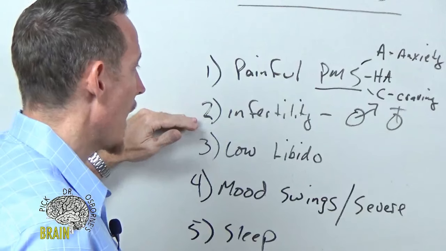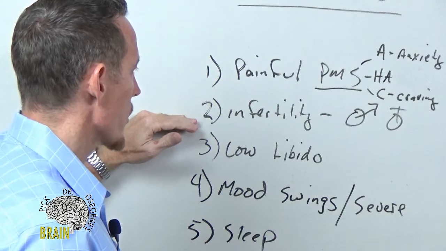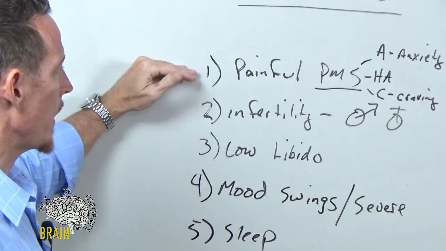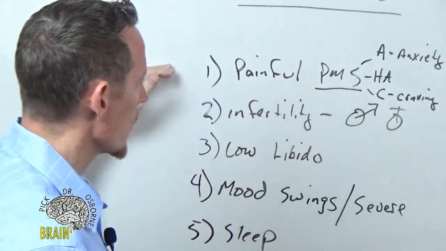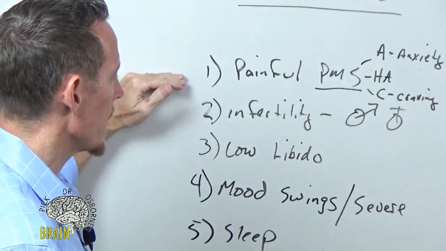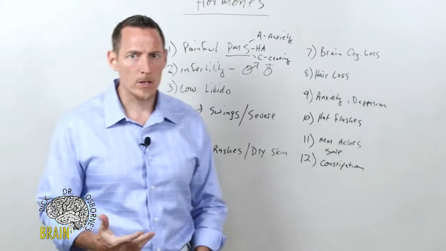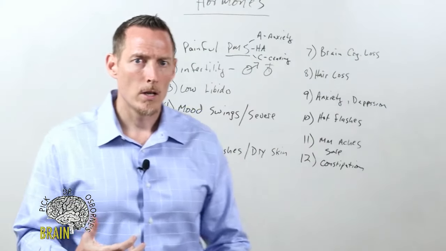Infertility, lots of hormone therapies, especially if you go to see an infertility specialist where you're trying to have a child. And then again, painful PMS, mostly pain medications around that, or birth control pills. A lot of women get birth control pills when they have painful cycles. And what I want you to understand, if you're listening again and you're new to the functional line of